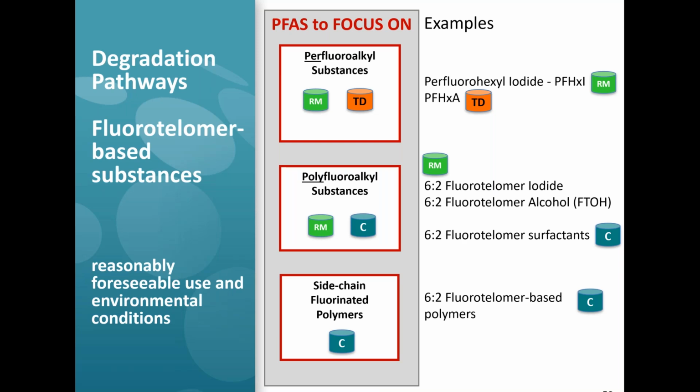And finally, in the side chain fluorinated polymers, we attach that 6,2 fluorotelomer group to a polymer backbone like an acrylate or urethane, and that's what makes these side chain fluorinated polymers, where you can envision that 6,2 piece is sort of like the tine on a comb. The comb's backbone is an organic polymer, but the tines are these fluorotelomer chains kind of sticking up perpendicular. So let's take a look at what happens when we think about degradation of these substances, and we'll go into that on the next slide.